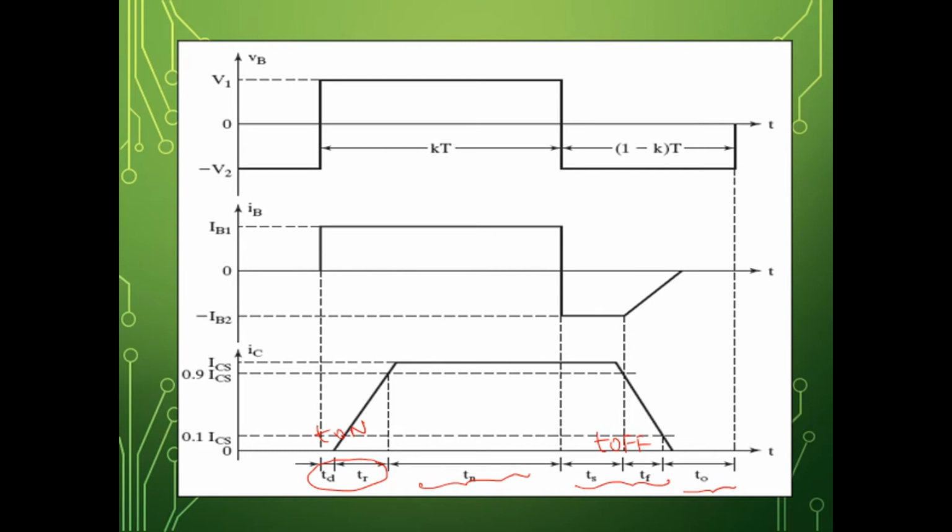One important thing is, if our overdrive factor is high, the excess amount of charge will be stored in the base. As well, if the overdrive factor is very high, the transistor might be damaged due to thermal runaway. In case the transistor is underdriven, meaning the base current is very less, then there is a chance that the transistor might operate in the active region, which should be avoided.